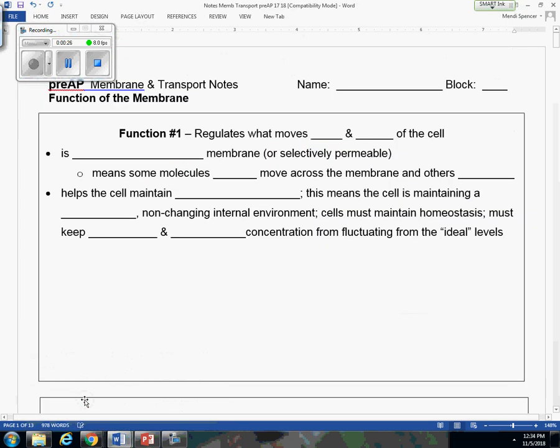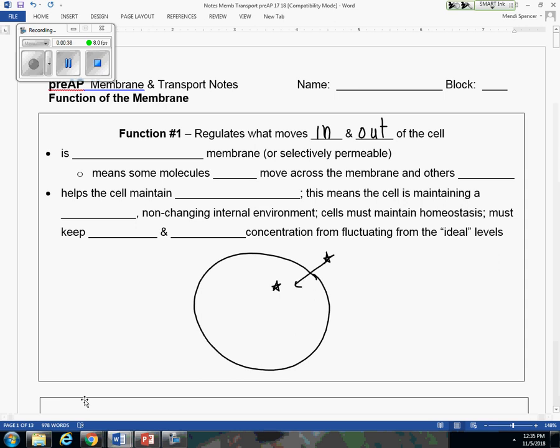First, on page 1, we're going to focus on some functions. We've already learned that the cell membrane regulates what moves in and out of the cell. So let's draw that some molecules can move through the membrane, but note that not everything can move through the membrane. We have a term for this. Since some molecules can move through the membrane and others can't, then we say that that membrane is semi-permeable, or